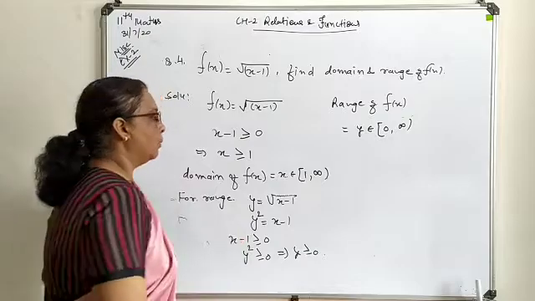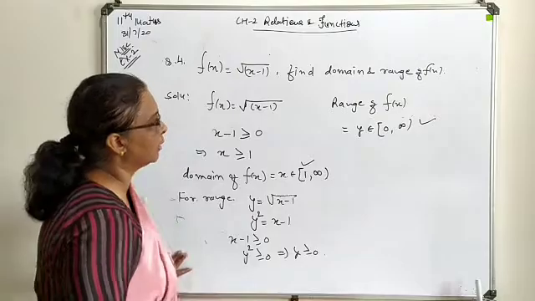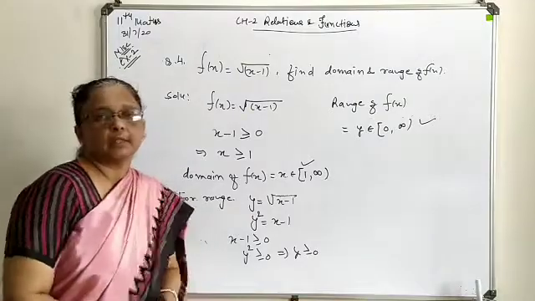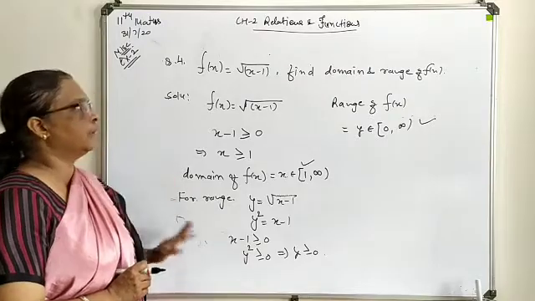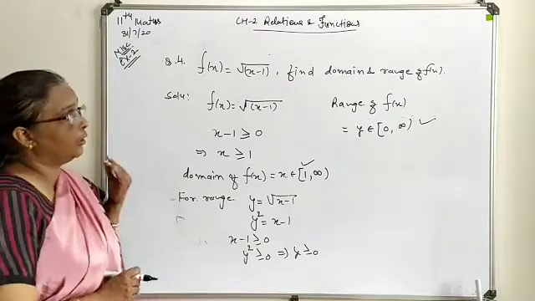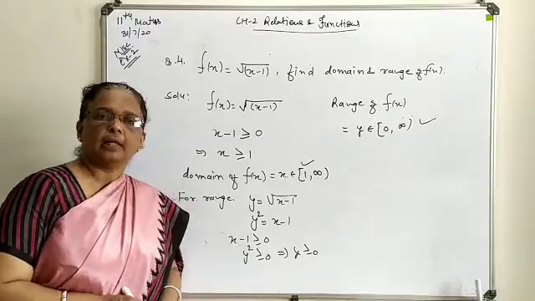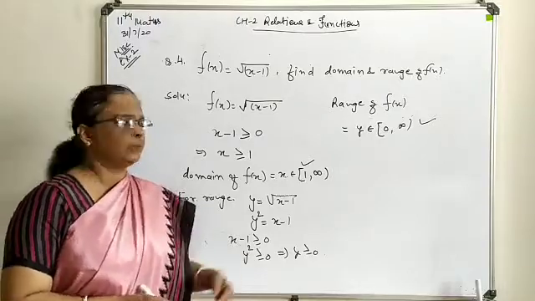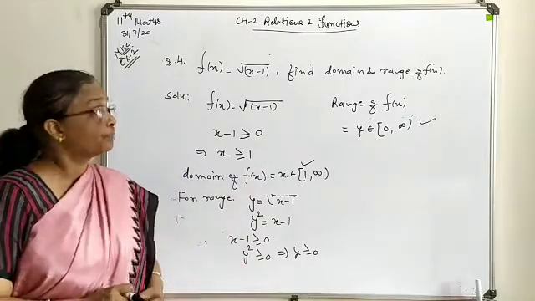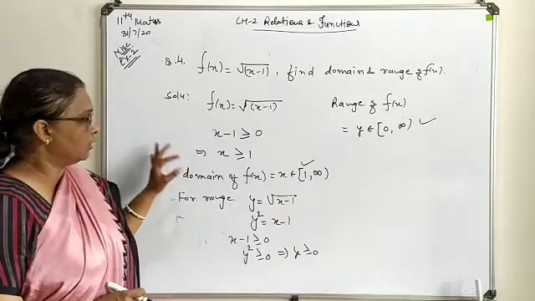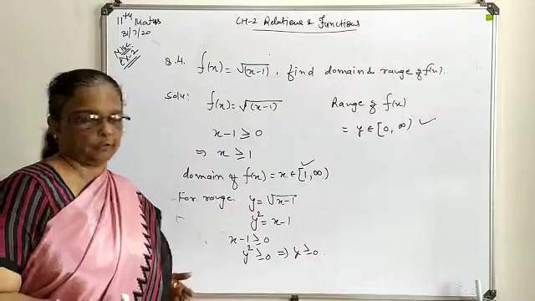So this way both are to be decided about the range, and in the normal case you will talk about the real number set, that means set R. In any particular question regarding domain and range, if a particular set is defined, like natural numbers or the set of integers, then you are restricted to a certain limit. Otherwise everywhere you will talk about the R solution. So this way you can decide the domain and range for any square root form.